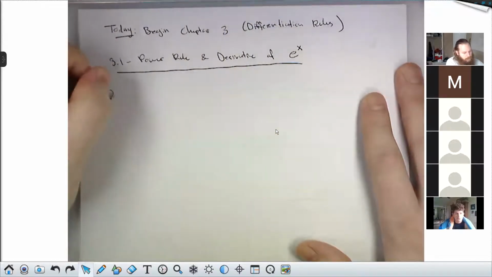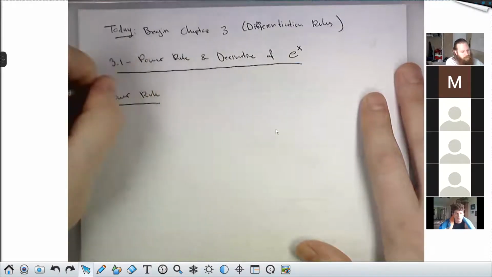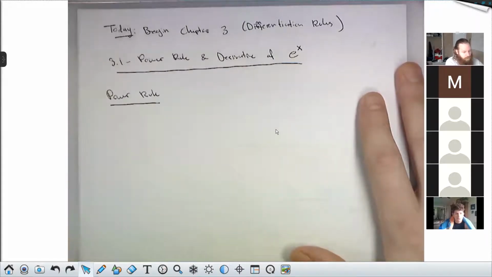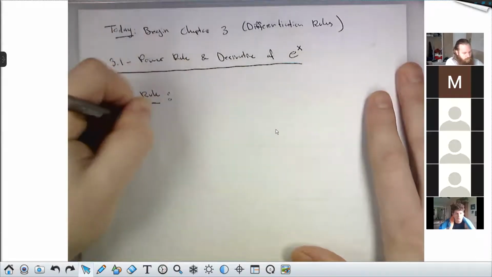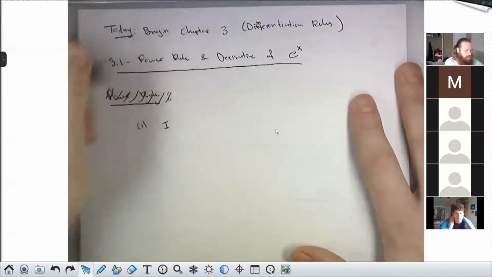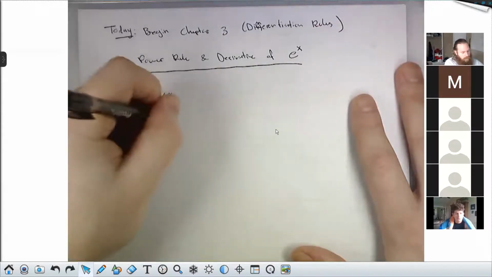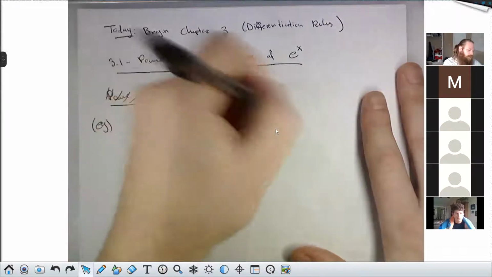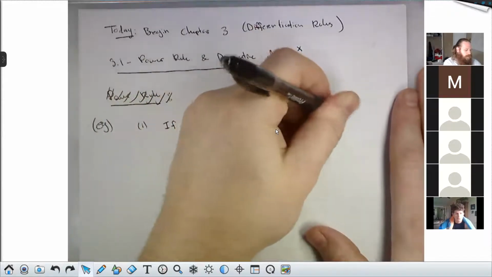The power rule. Look at a few examples. If I want to take the derivative, so this, I shouldn't say this is the power rule. I'll state the power rule in a second. Just look at a few examples first. If f of x equals c is a constant function, then